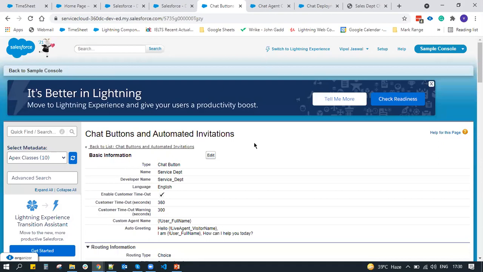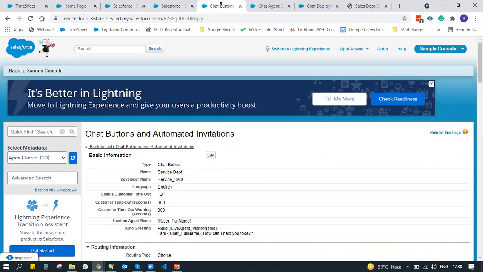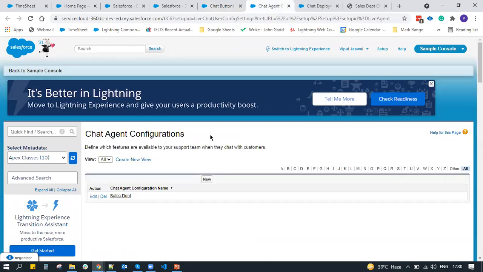Okay, so this was the third step. The first step was enabling the chat, the second one was skills, and then chat buttons. Now the fourth part is to enable the chat agent configuration. What are the chat agent configurations? Chat agent configurations define the features that are available for your support agents, additional features, you can say.